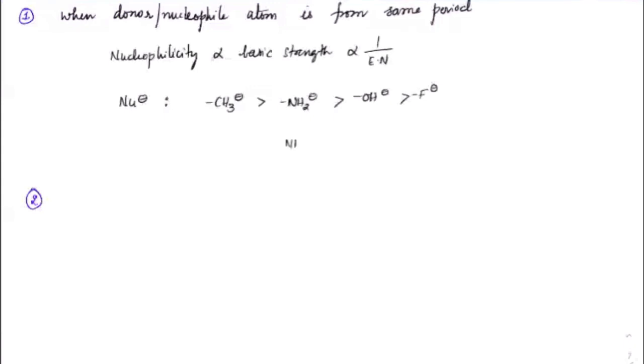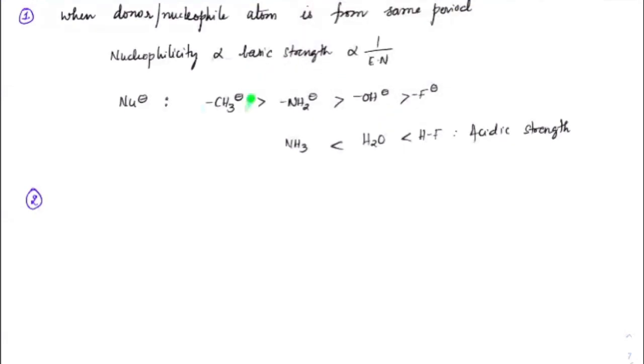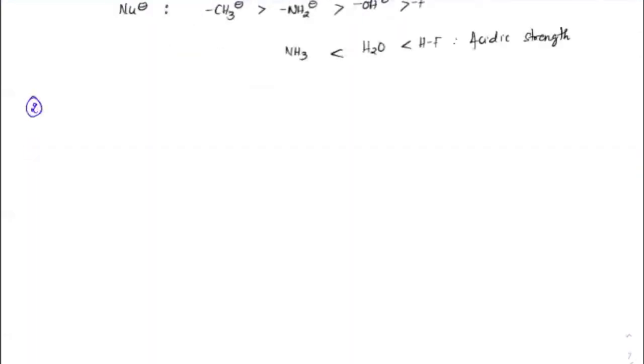This comes from the basic idea that if you consider NH3, H2O, HF, this is how you have studied. This is the acidic strength. The acidic strength will increase as you go from left to right. So the respective conjugate bases would be weak. So F minus is a weak base in this comparison, right? Thereby CH3 minus is a strong base. And since nucleophilicity goes in parallel with basicity here, we can say this is a strong base as well as a strong nucleophile.